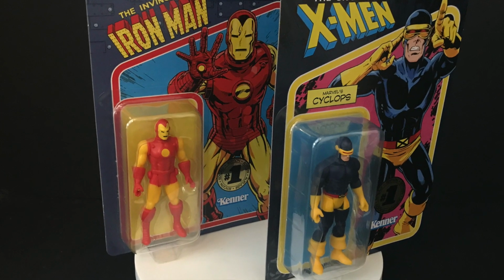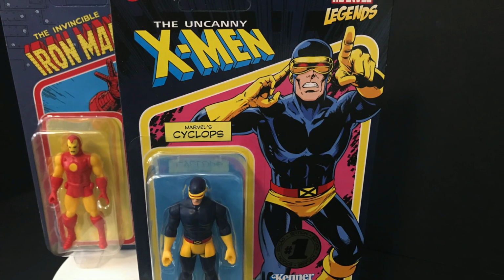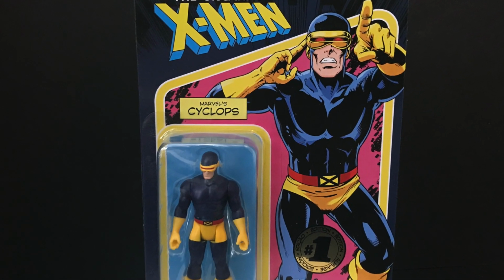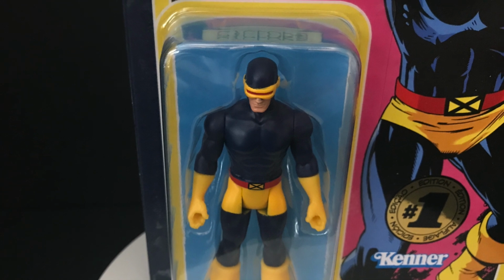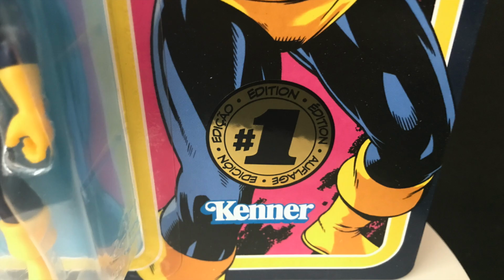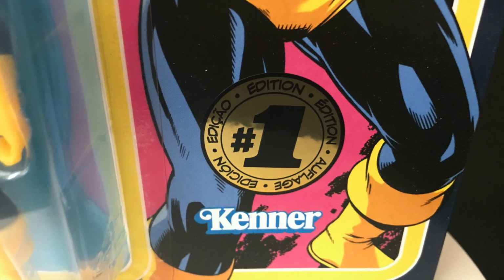Not one that you would think would go together right away, but I dig that. I dig the weird mashup to it. It's got the vein of Secret Wars and those old types of figures, really mashing up two characters that don't necessarily go together. Also, just an FYI, if you get these off Hasbro Pulse, they got this little #1 sticker